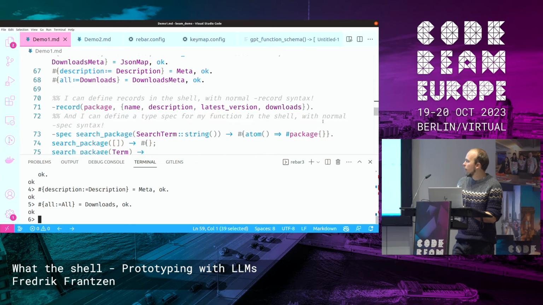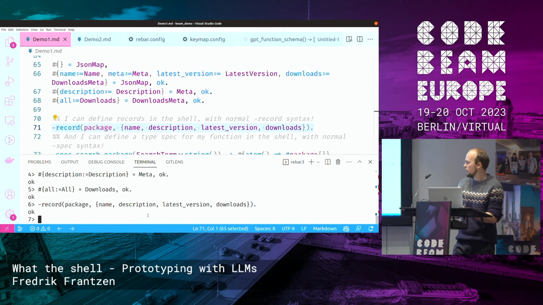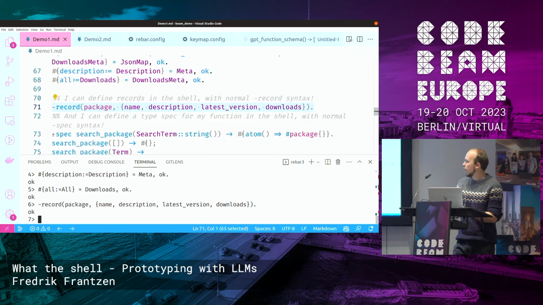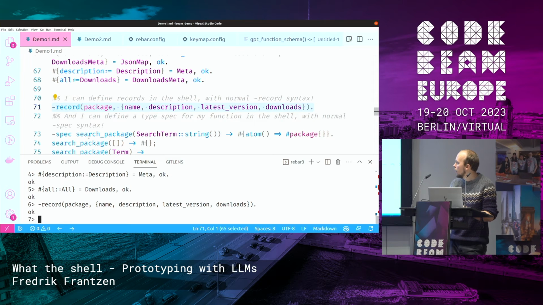So now I'm going to define a record that takes these attributes that I extracted from one of the packages. And then I can also make this into a function. So I will just copy this as well.